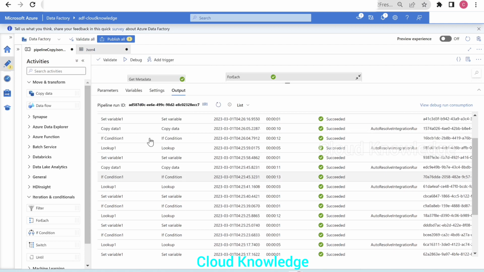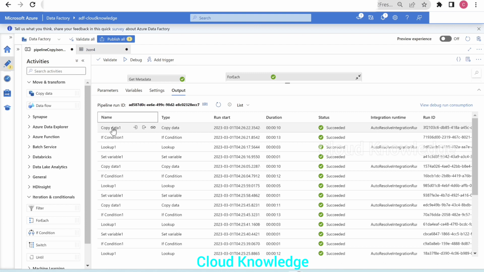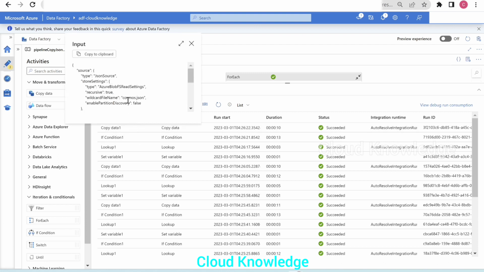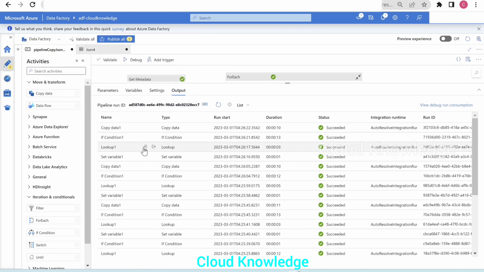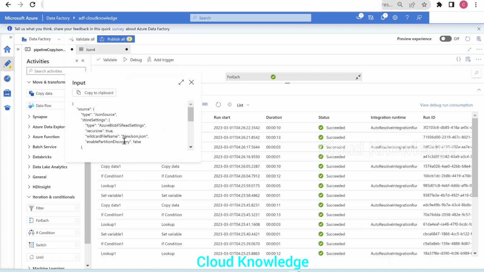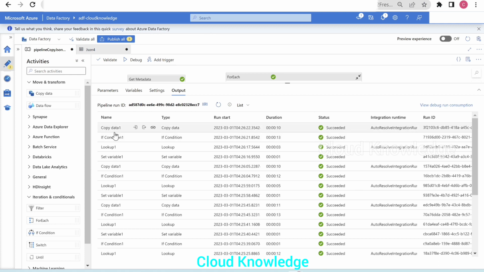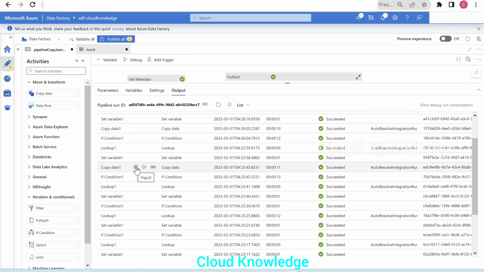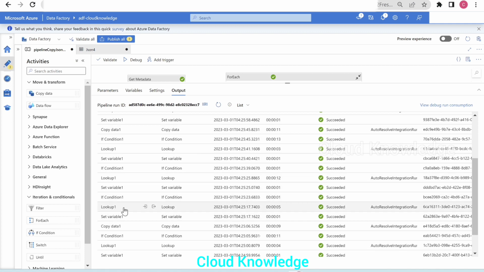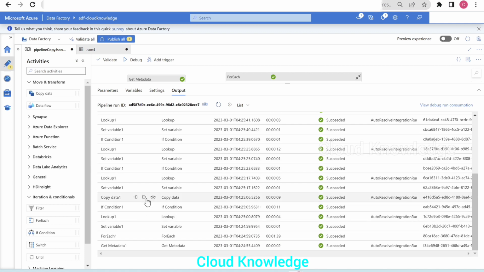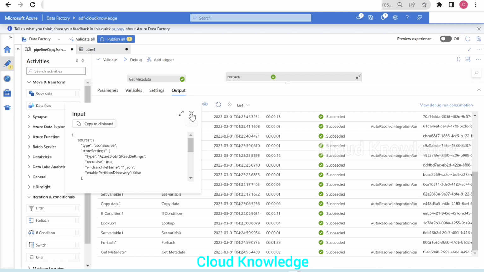Then it will copy this. And here if you see each and every copy data block, we'll go to the input, we'll see that it is cosmos.json. Next is new JSON. So 1, 2, 3. 3 is item3.json. If we further go down, we have one more copy, that is for 1.json.